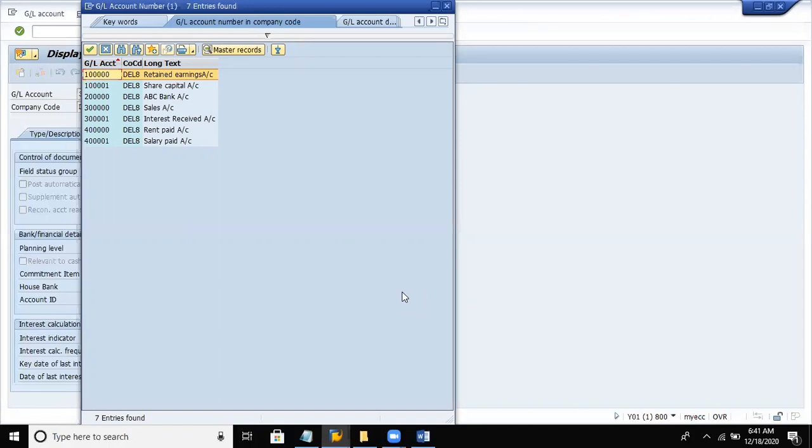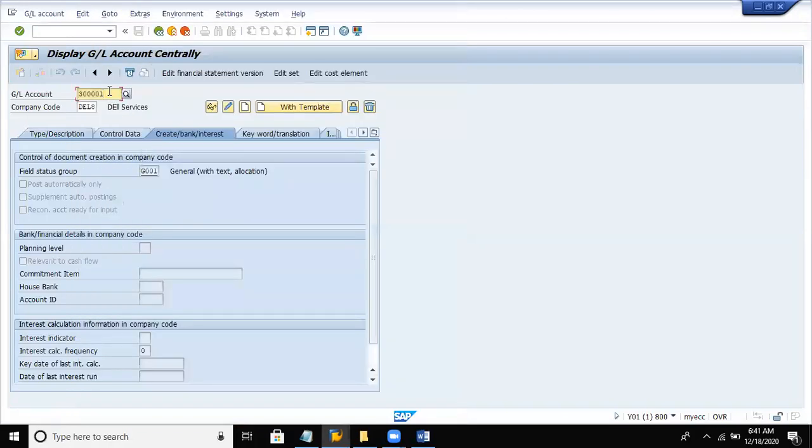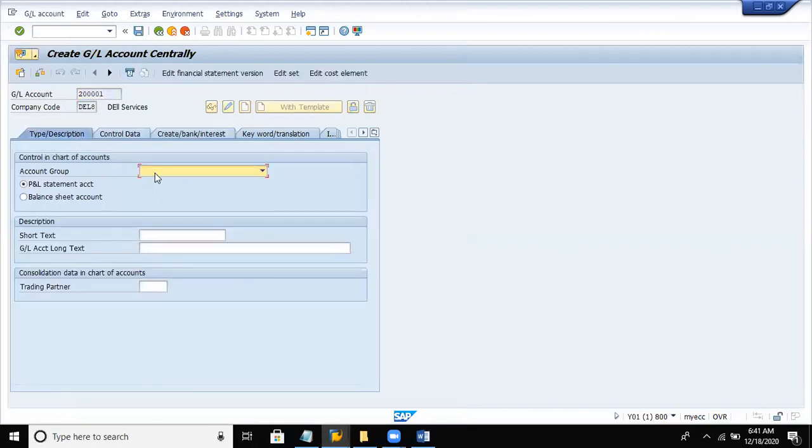Now let me create one account called raw material account and make it successful. So raw material is one of my assets. Here raw material is nothing but purchases. Also we can say it's an asset to us. Assets, balance sheet account, short text raw material